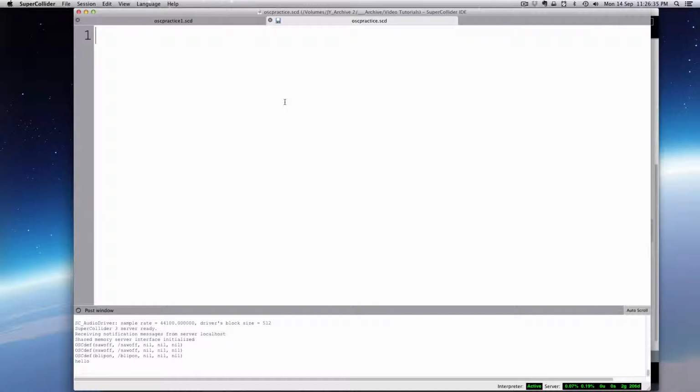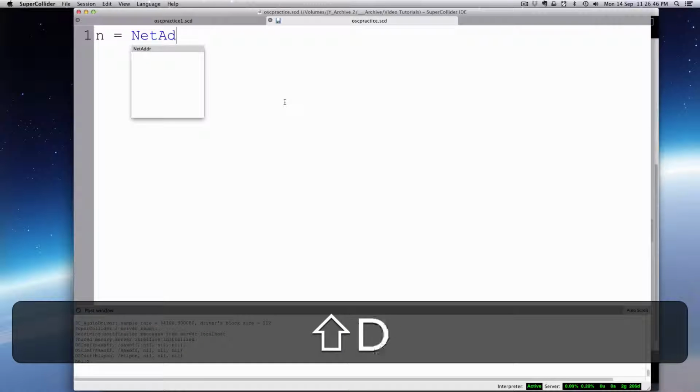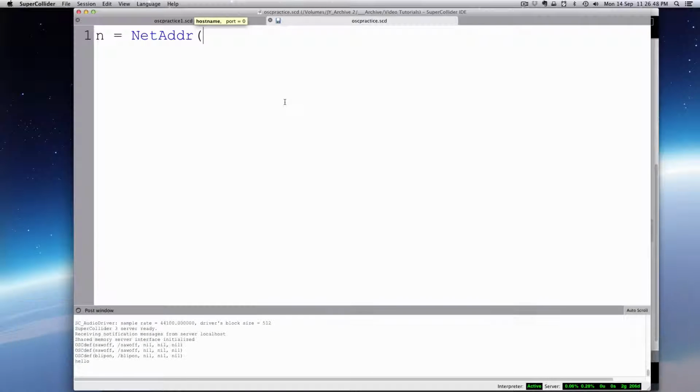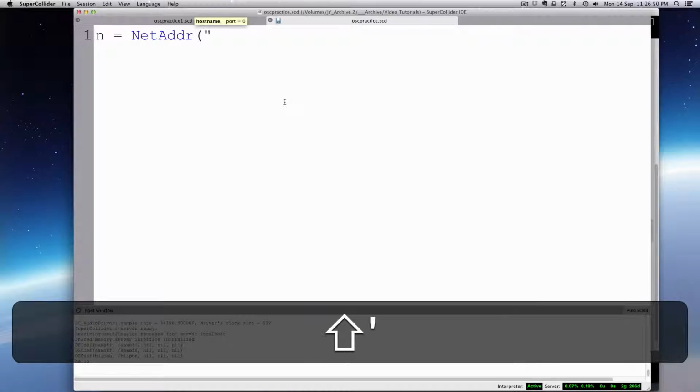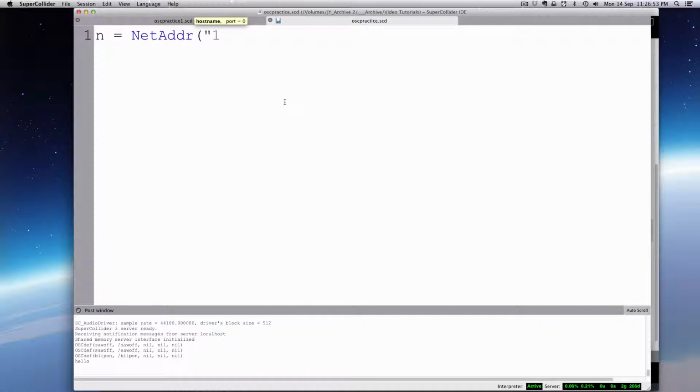So to send a message, it's pretty straightforward in SuperCollider. I have to create a NetAddr, a place I'm sending to. So we'll just do n = NetAddr. And then it's just looking for the host name. So that's the host IP. So if it's my computer,